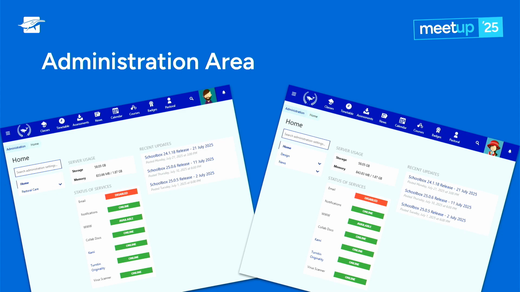Now, by adding these permissions in, you start to isolate and change a way that the pastoral moderator, all of the pastoral settings are found inside the administration area, and they only see those settings. If you are the designer or the news and communication, like the one on the right-hand side, you get access to the design. So you can change the skin config, the homepage templates, the look and feel of the platform, or you can control the news.